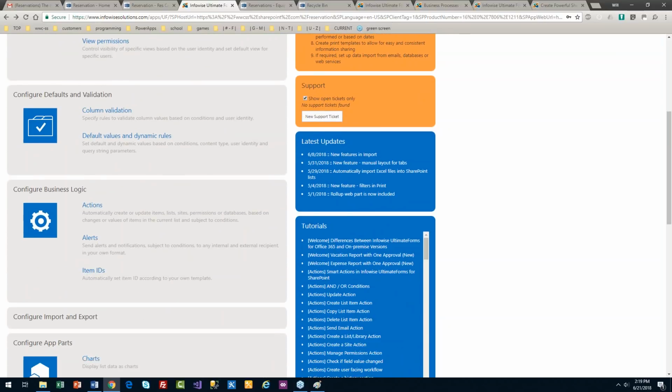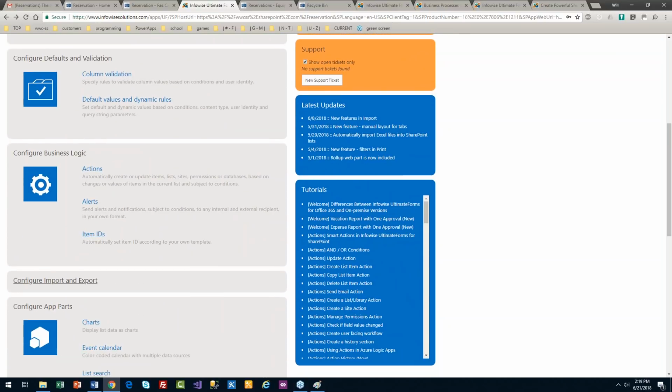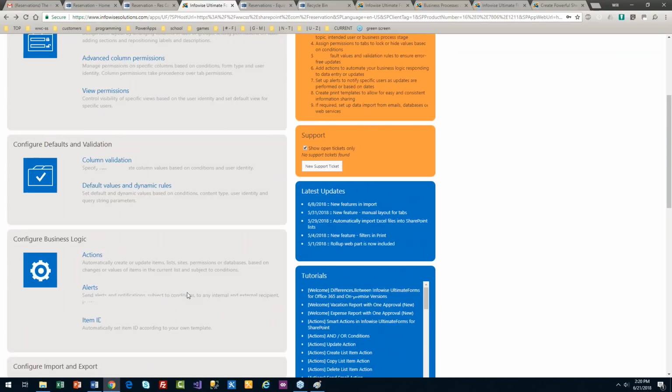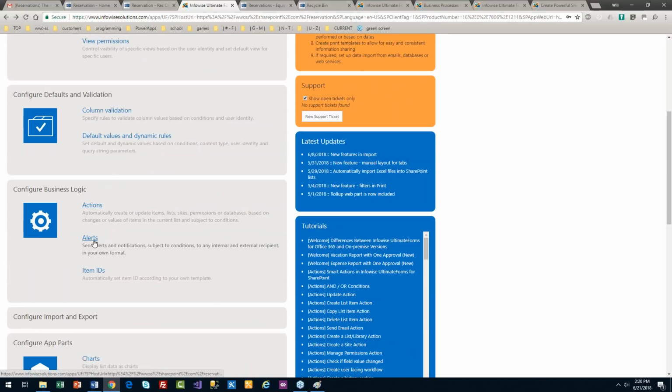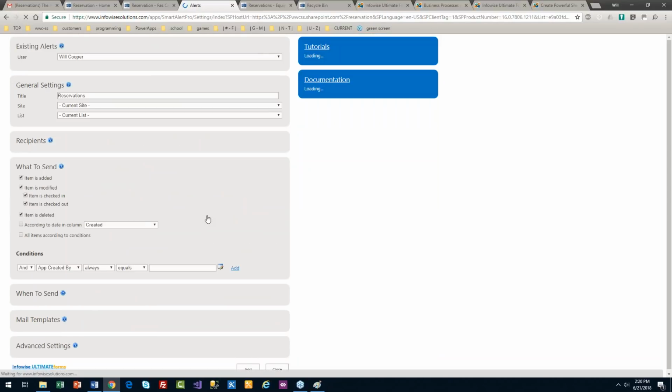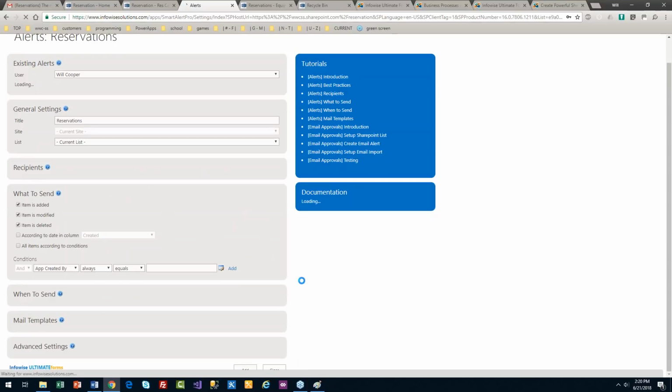One thing I really like with Infowise, you have a really good email alert system, and certainly in a system like that, that's going to be very important. So you saw that I was just in the actions menu. Basically, I can scroll through here, and if I click on alerts, that's going to take me into an email settings page, and I can create